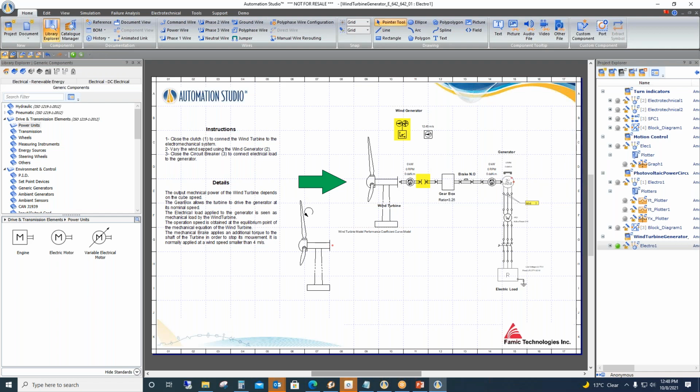Like already prepared files, you mean demo files? Yes, there are a few. Wind, like I had shown you one, Sarang showed you one for solar, and automotive, yes, the ones we showed in the demonstration.